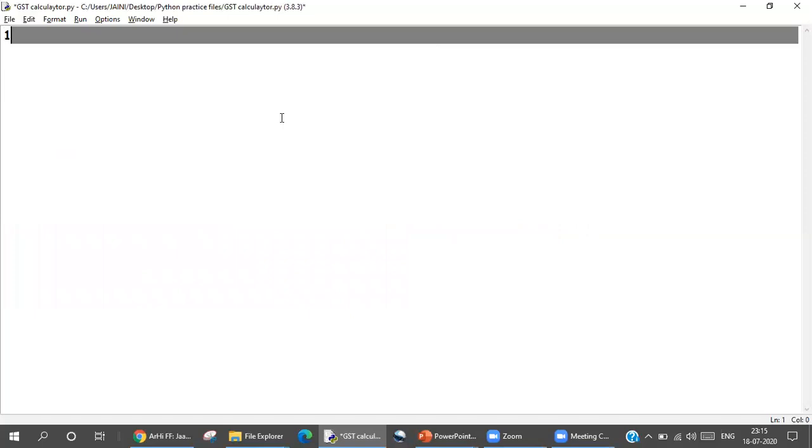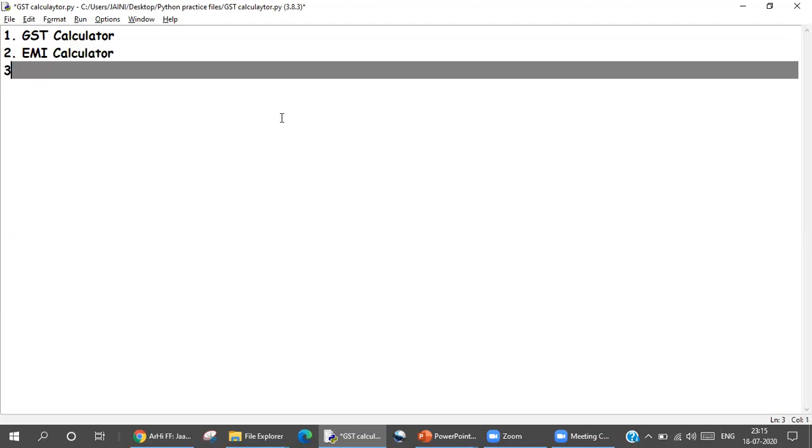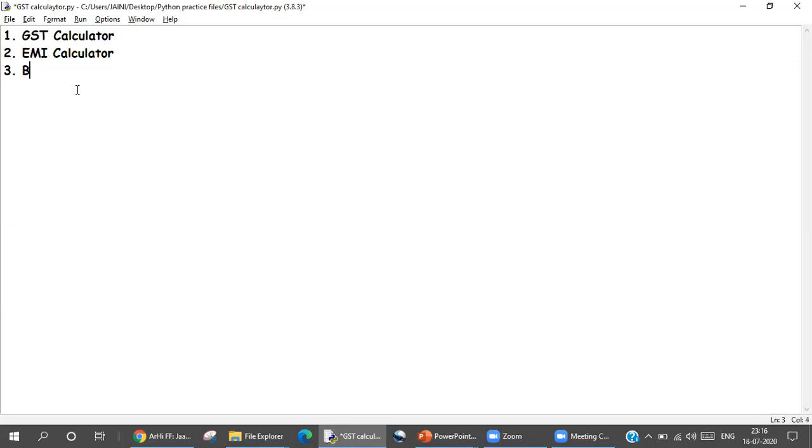The programs that I want you all to practice are: one, GST calculator; two, an easy monthly installment (EMI) calculator; three, body mass index, BMI calculator.